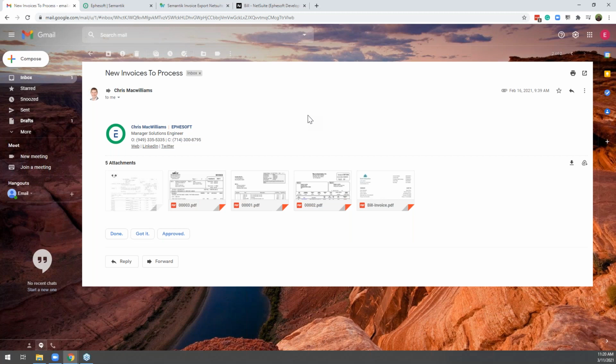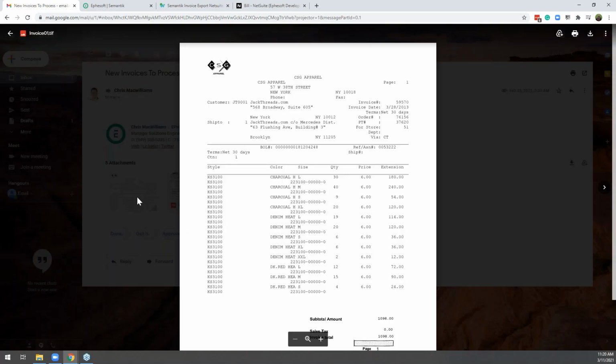So I'm going to start my demo off today just being in an email inbox, which is where so many accounting accounts payable processes start. And this is just to give you an idea. This is really where a lot of people are struggling. I get an email, and inside that email, I might have an image.